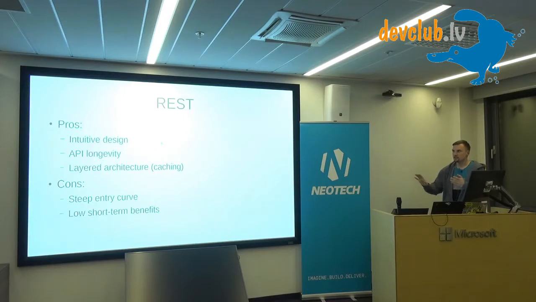So, to sum it up, REST-like but not RESTful APIs provide intuitive design, because you always know there's a slash collection with items. If you add an ID in the end, you will get the exact item. If you add a question mark and query param, you will get the filtering and stuff like that. It's super understandable, even without HATEOAS.